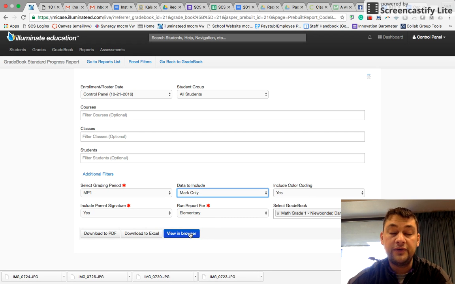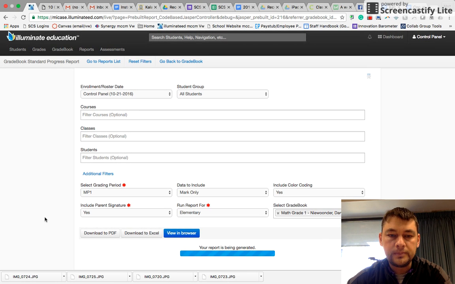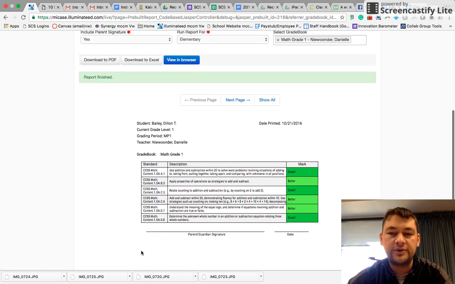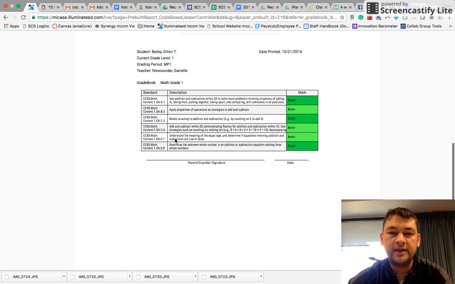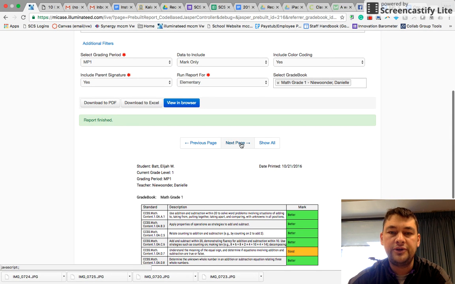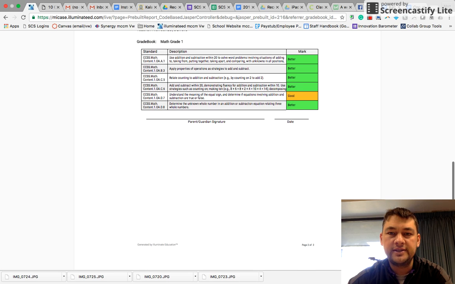And then for the sake of just showing you guys, I can hit view in browser, but if you're going to print, you'd want to download to PDF. But just to show you what it's going to look like, I'm going to view it here in the browser, so that way I don't waste paper. It's making the report. It's finished, and I can scroll down and see that student X is doing great at this standard, better at this standard, et cetera, et cetera. And then you can go page by page, you can show them all, or you can just go page by page. This next student is doing